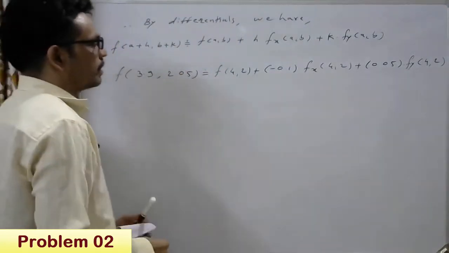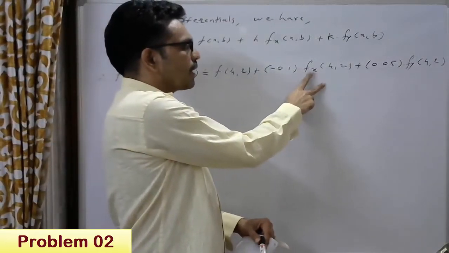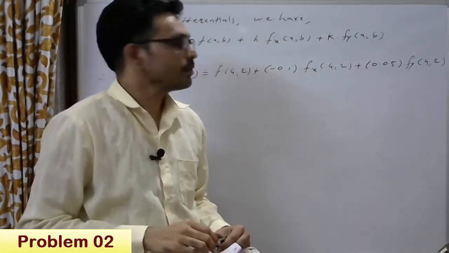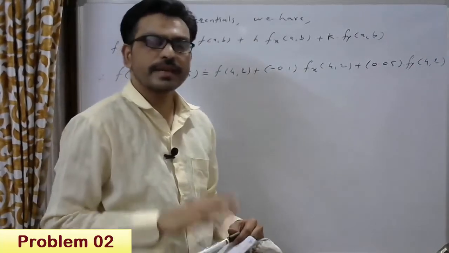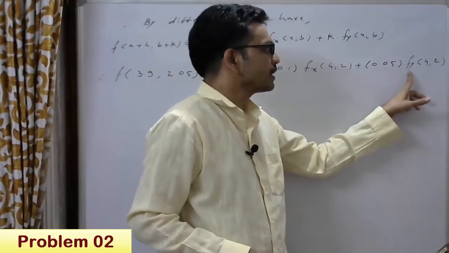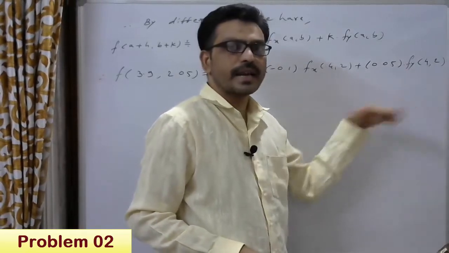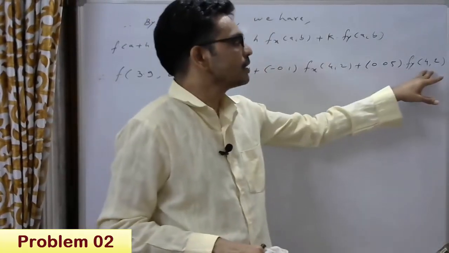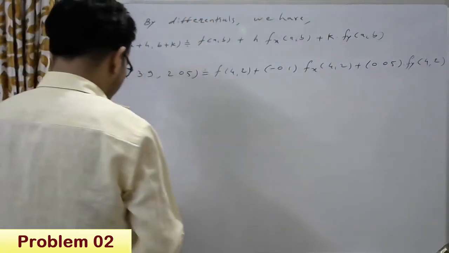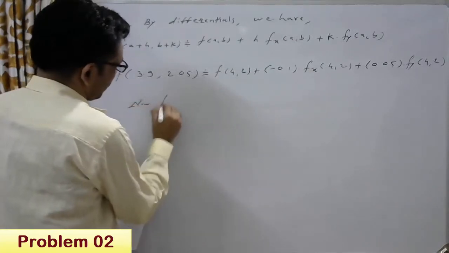Now we need to find the value of f_x, that is the partial derivative of the function f with respect to x, treating y as constant, and the second value is f_y, that is the partial derivative of the function f with respect to y, treating x as constant, at the point (4, 2). Now find